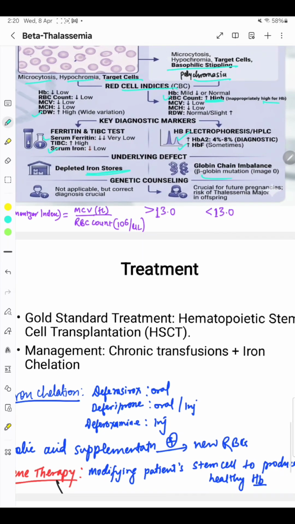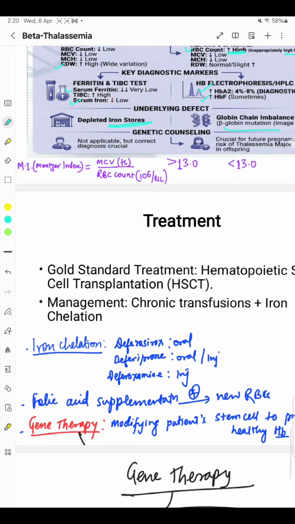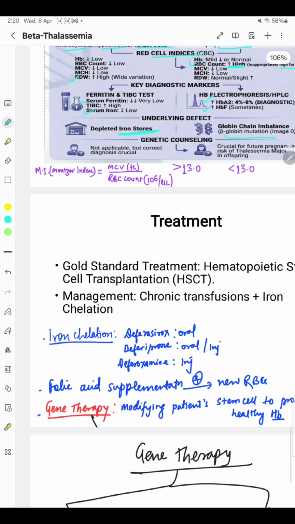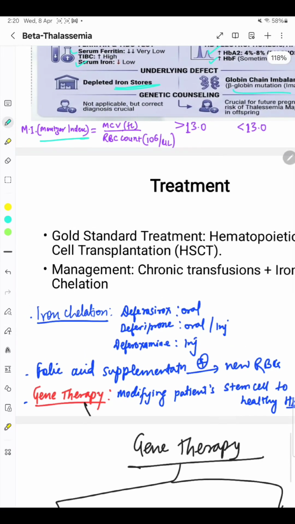And beta thalassemia, as we know, is a hemoglobinopathy due to decreased beta globin chain synthesis. Beta thalassemia requires genetic counseling because this is an inherited disease. One important index is the Mentzer index, calculated by MCV divided by RBC count. This is normally more than 13 in iron deficiency anemia and